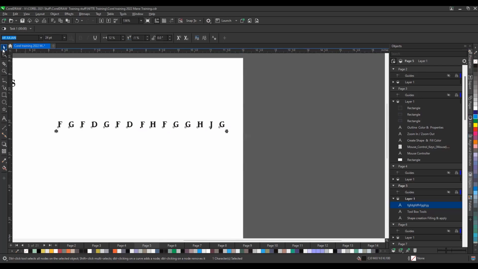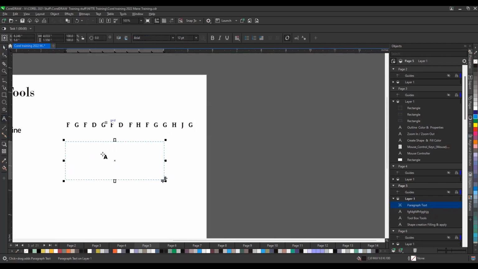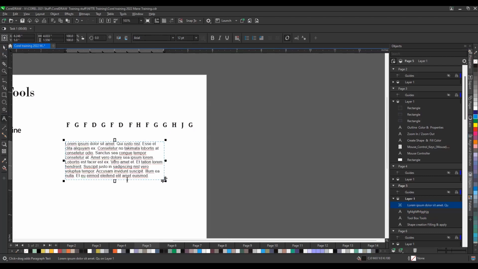And the other option of text is paragraph text. Whenever you create a paragraph text, for single lines we use artistic text, and for multiple lines we use paragraph text. So for example, if I put something inside this, what I've done is I've put a dummy text over here in the shape, and now